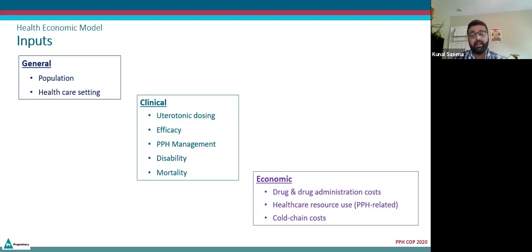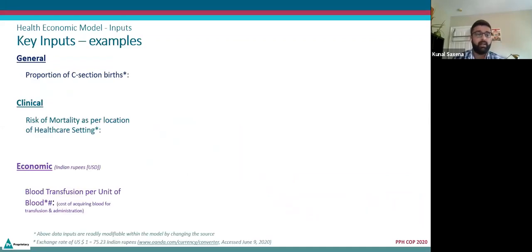And then lastly, the economic inputs, which include drug and drug administration costs, any healthcare resource use costs which are associated with PPH, as well as cold chain costs. Next slide, please. So in the interest of time, we can't go over all the different data inputs because it'll take us longer than the assigned time. So we thought we'll just give you examples of some of the key inputs which will be relevant to this